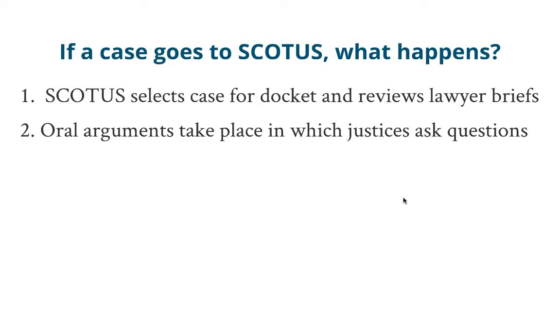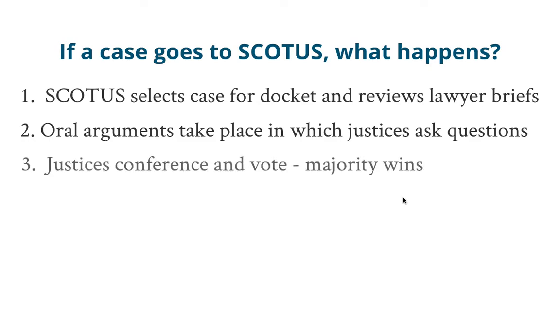Oral arguments take place in which justices ask questions. They're asking questions to your lawyer, to you. They ask each other questions about the Constitution. And remember, the judicial branch's job is to interpret the law, so each justice is interpreting the Constitution in their own manner. Justices have a conference and vote, and the majority wins. So after they hear the case, they just sit down and they talk about it. They come up with different opinions, and they write those opinions down. Whichever opinion has the most votes is the